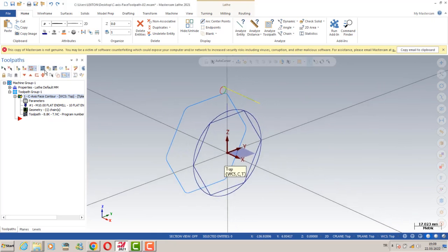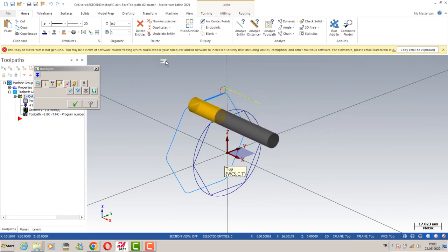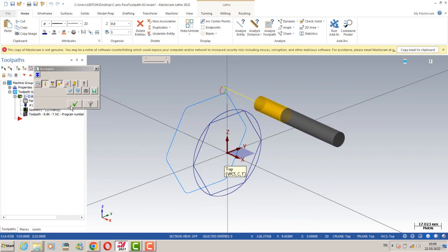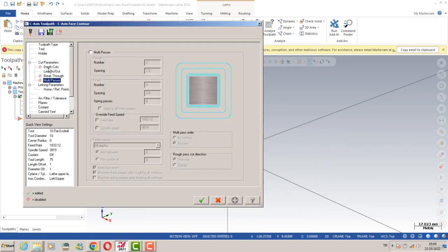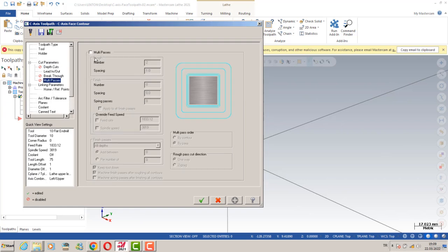In this lecture, we're going to create our toolpath like this. This is the depth cut options. When we click here, this is the depth cut. This is unselected. This is the multi-axis, unselected. I'm going to activate my